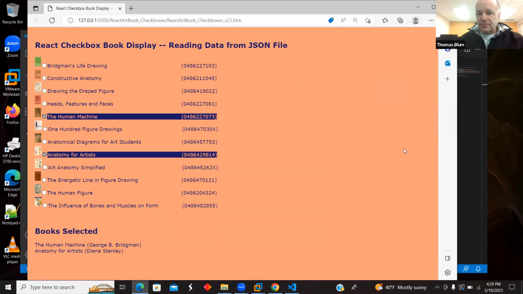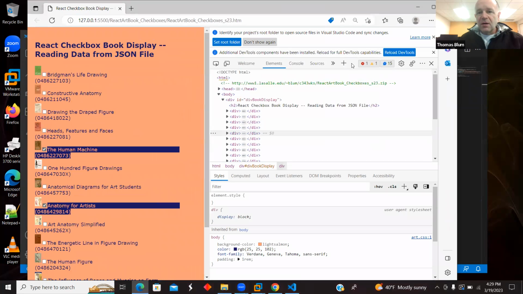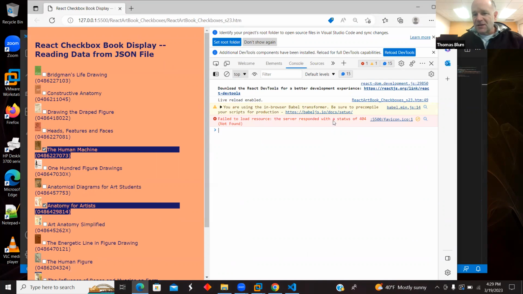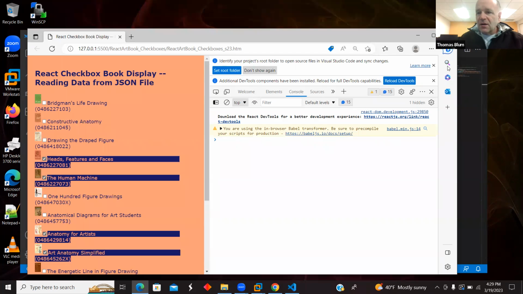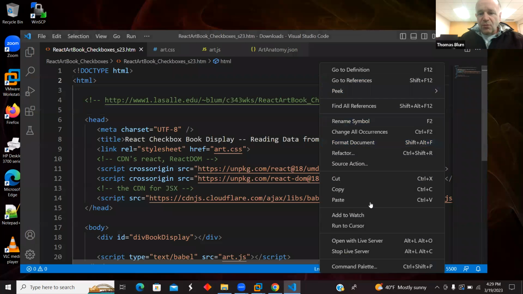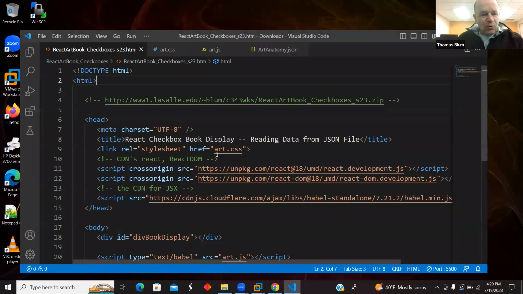Looking at the console, that's the old fave icon problem, but I sort of have not too many problems here within the console. So, okay, again, one more time,